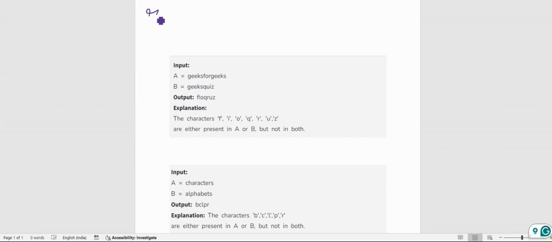So here we will create a set. Set means which stores only unique elements. It doesn't store the duplicate element. So first, what we will do, we will iterate over A and check the element which is not present